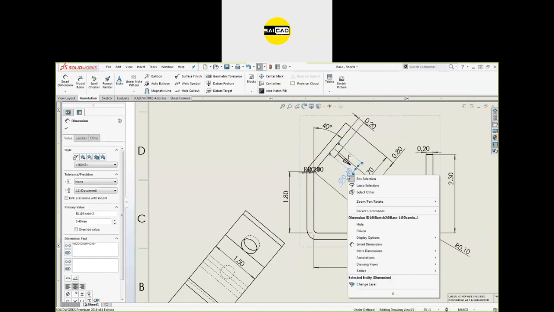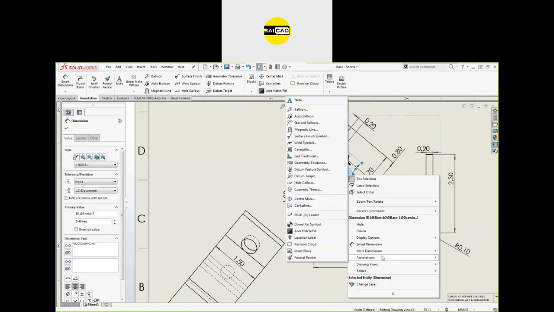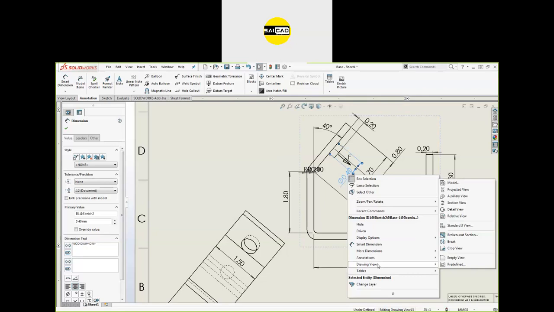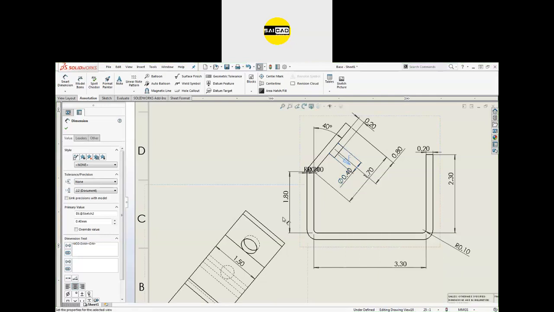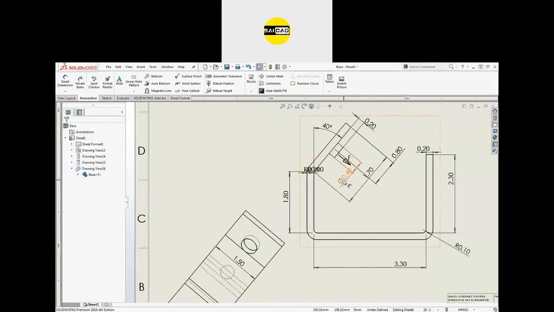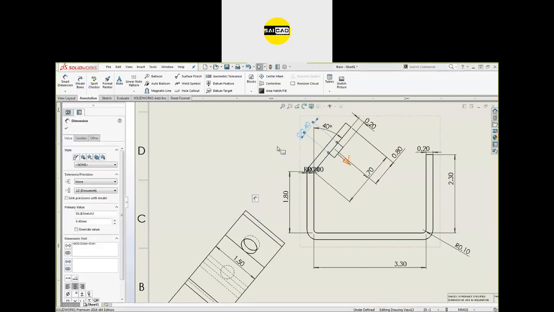In software, we have an option that is to shift to the other view. Okay, in geoparametrics, we have an option. We can just move the dimension to another view.